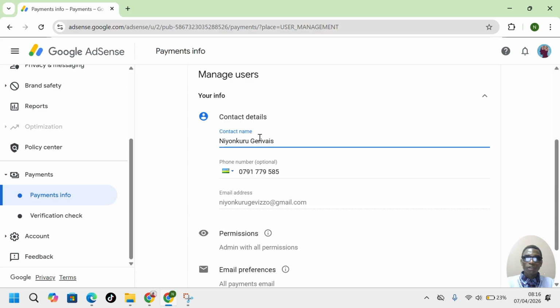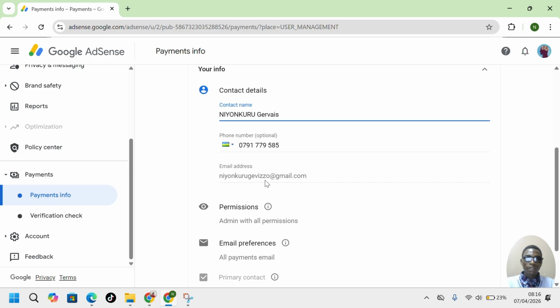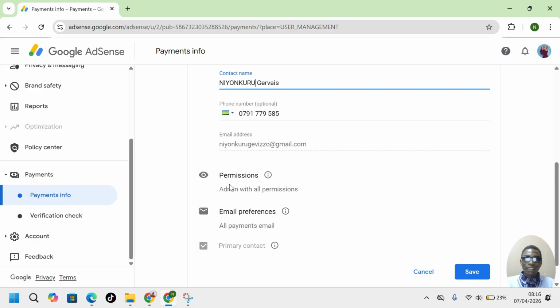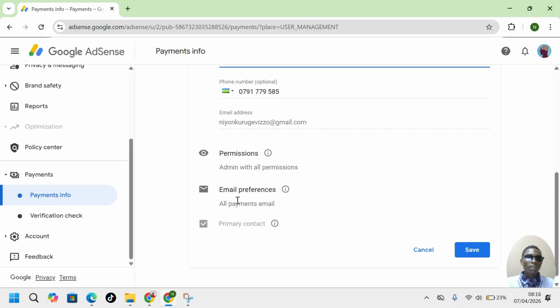For names, remember, names are in capital letters, not in lowercase. This one is this one, instead of lowercase here. Then the phone number is correct, then the email is this one, also correct. Then permissions, admin with all permissions because it's mine. Then nothing